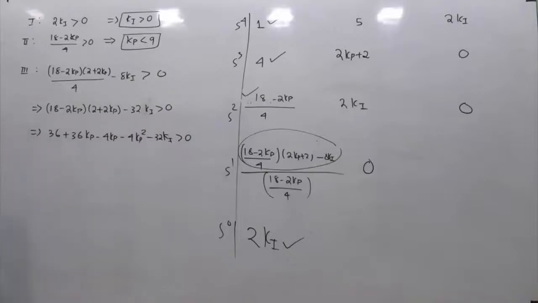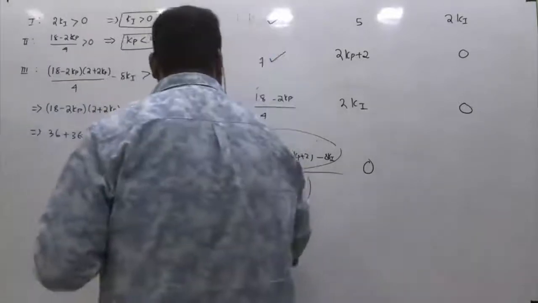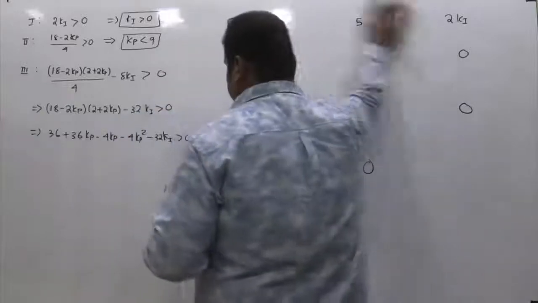Okay, but what we need is the value of Ki so that the system will be stable. Ultimately this is the condition of system stability. So this is one condition, this is one condition, and this is the third condition. These three conditions should be satisfied simultaneously so that the overall system will be stable. There is no need of this table, I need space, so I am rearranging this table.